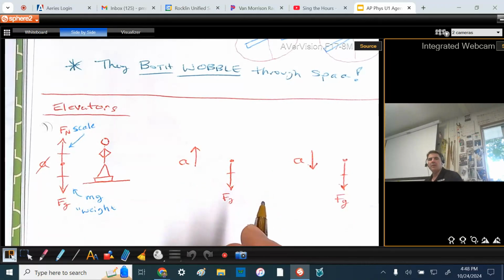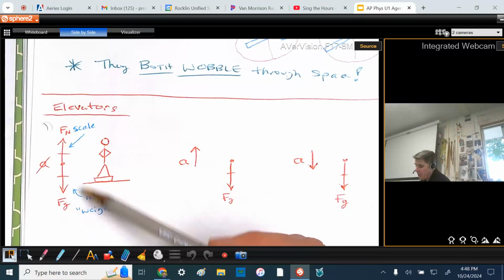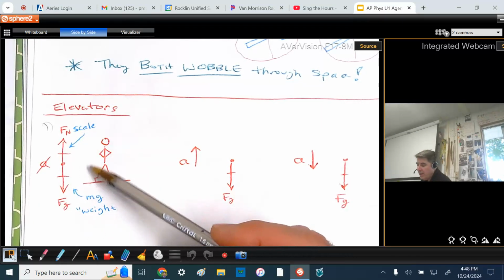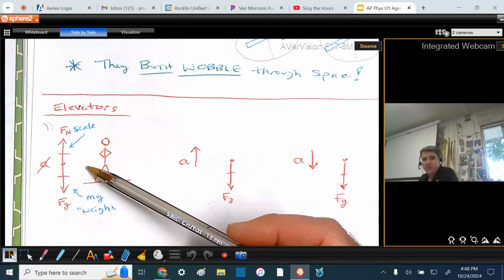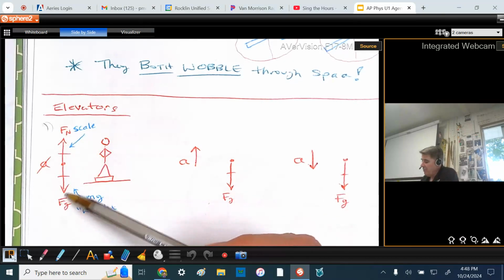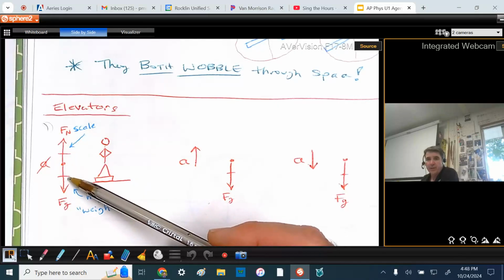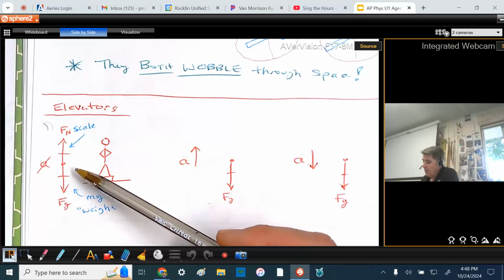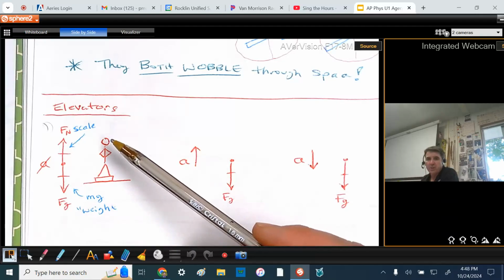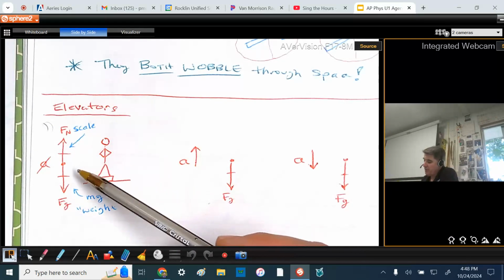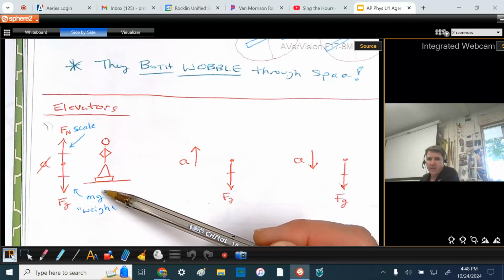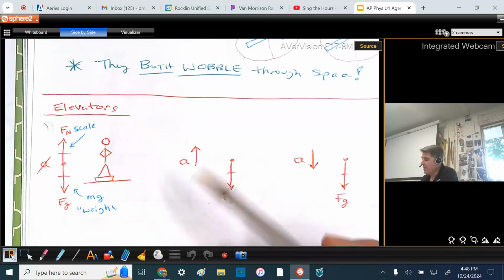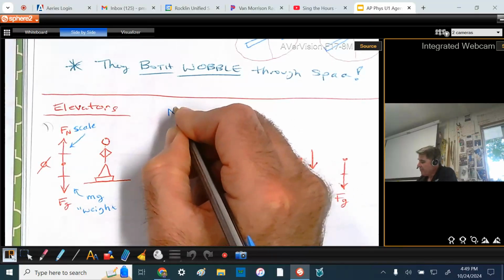So in an elevator, you could be going at a constant rate, which would be dynamic equilibrium, or standing still, which would be static equilibrium. The scale reading would be normal, and the elevator would be pushing up on you with the same amount of force as your weight. That's actually true whether you're moving or you're not moving, static or dynamic equilibrium. Let's look at Newton's second law with respect to elevators, though.